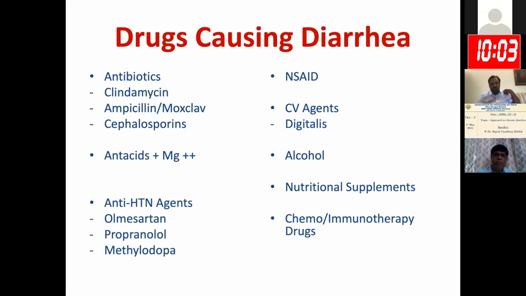Olmesartan is known to cause some sort of inflammatory type of small bowel diarrhea. Non-steroidal drugs, alcohol is well known, and there are various nutritional supplements which people are taking now when they are going to gyms and all, which can also be associated. And don't forget chemotherapy, immunotherapy associated,